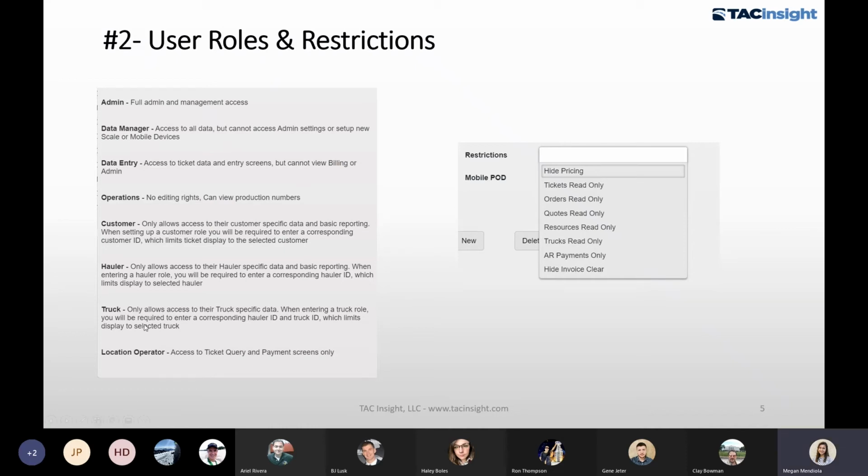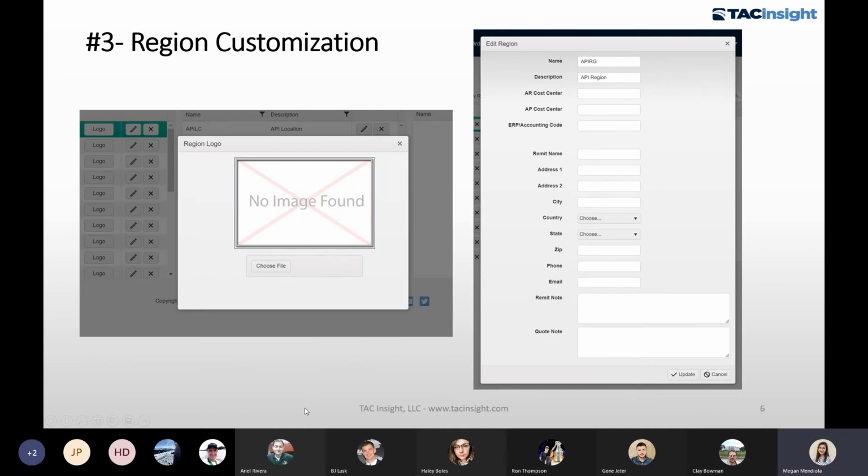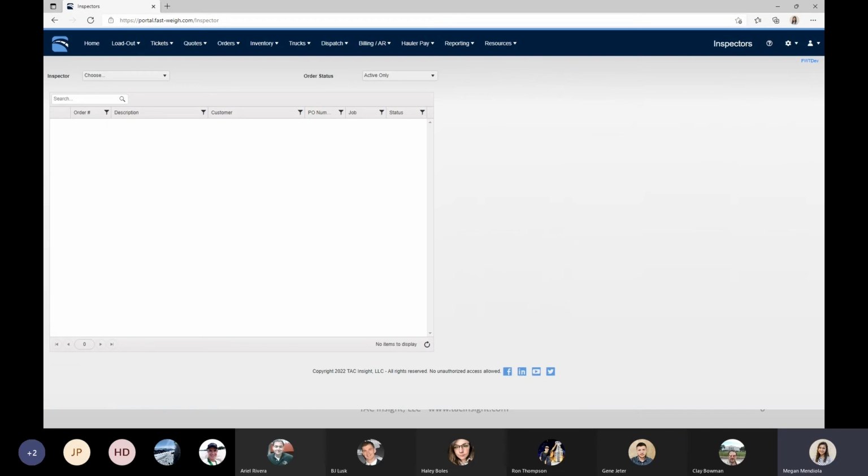All right, so moving on from user roles and restrictions, the next feature we're going to talk about is region customization. This is another great feature that we allow in the web portal, and it gives you the ability to customize your regions with important information that's relevant to your own company. These customization options can be found under resources and locations, and I'll actually pop back into the web portal to show you that. So if you go under resources,